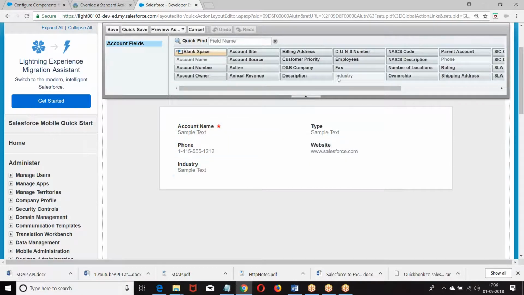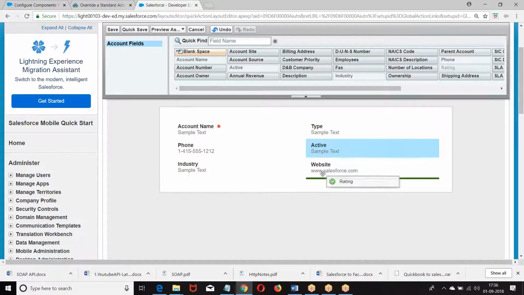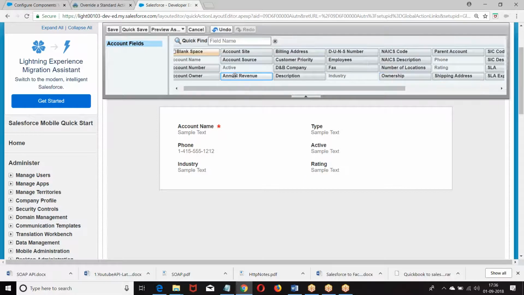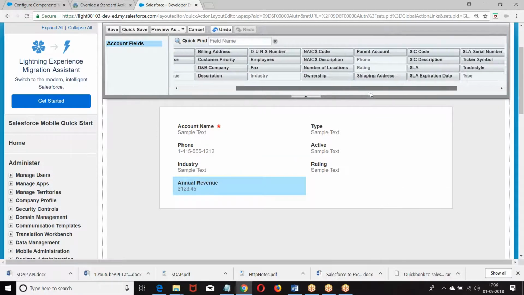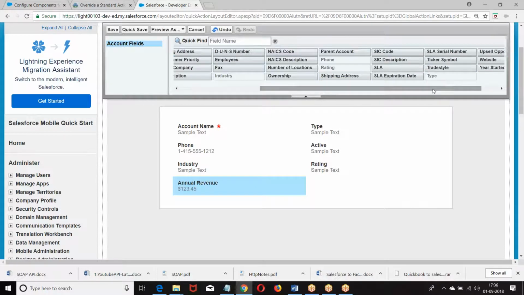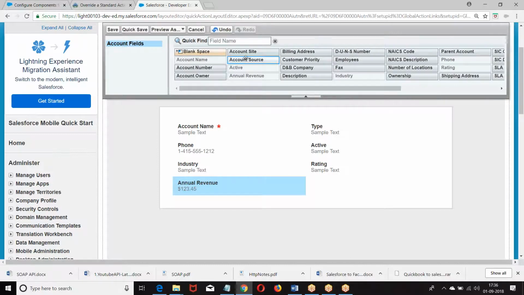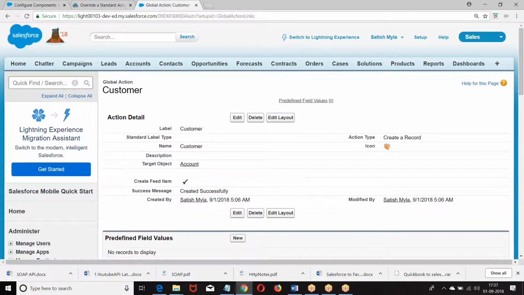Name, phone, industry, type. Annual revenue. Then we had ownership, account ownership. Number of employees. So when you say customer, a new account will be created.